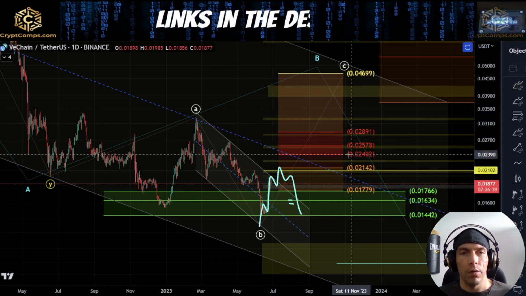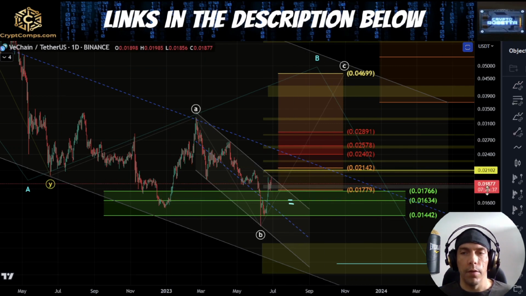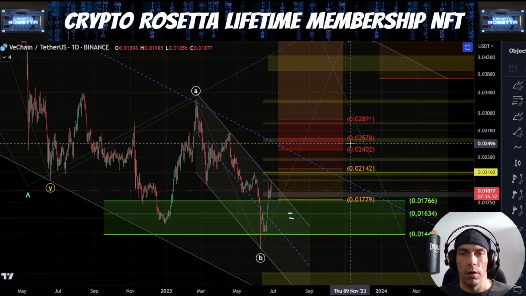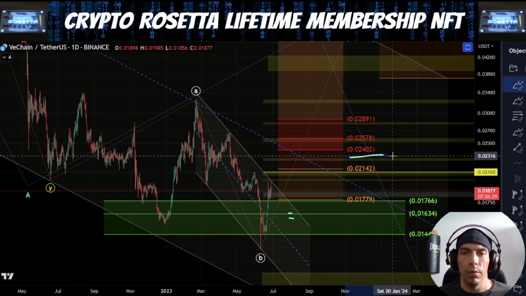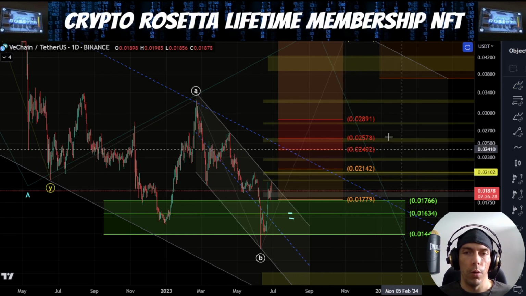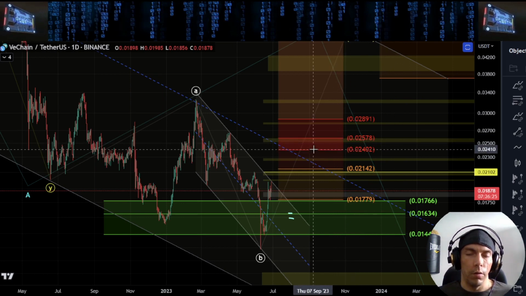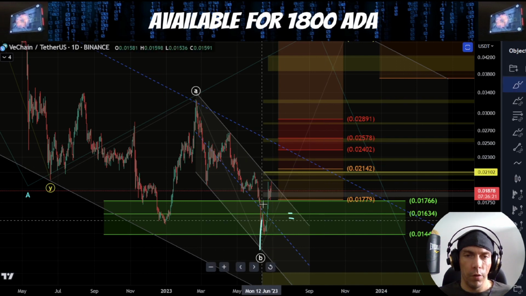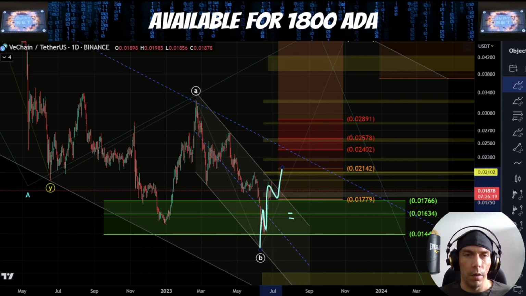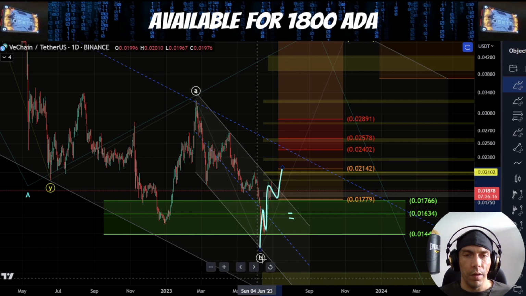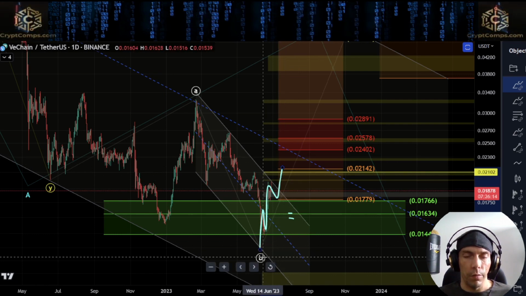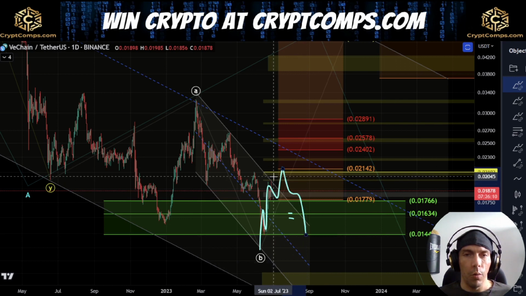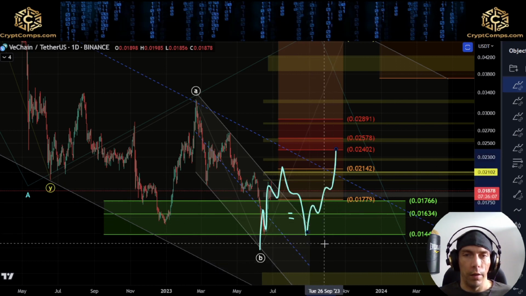Now, the common zone that we typically look for with a flat correction is the 1618, which is at the 2891, the 1382 at the 2578, and the 204 is the 1236. Now 121 is also a target here, but if we see something like this 1, 2, 3, 4, 5 and it moves into this zone, I wouldn't be expecting this to be a C wave. If that's the case, it would be more likely that either this is wave 1 or an A wave, and then we're going to see another leg to this.